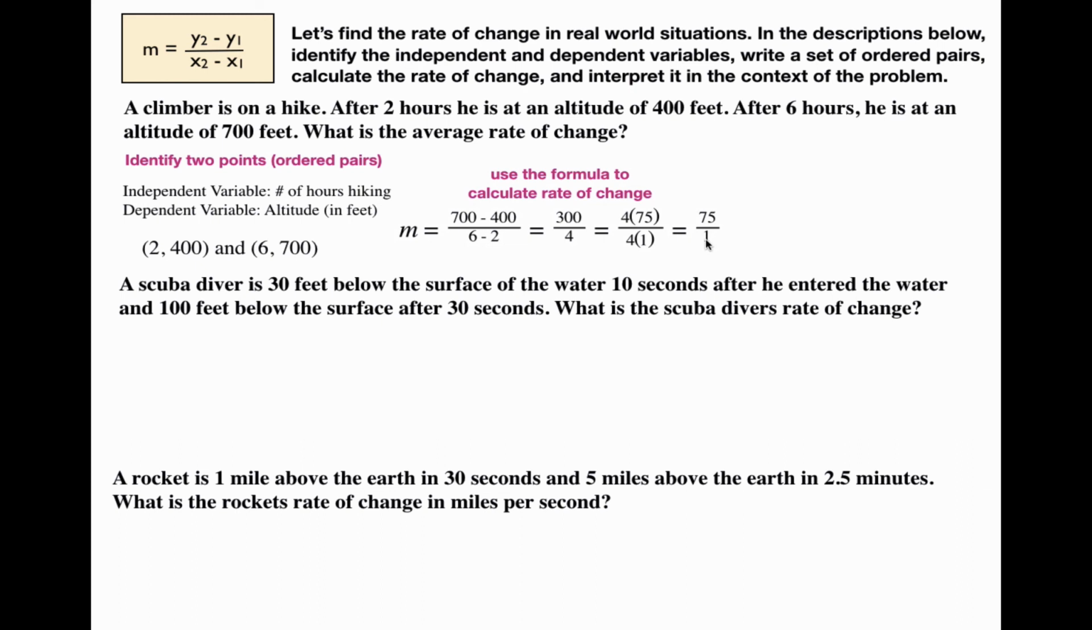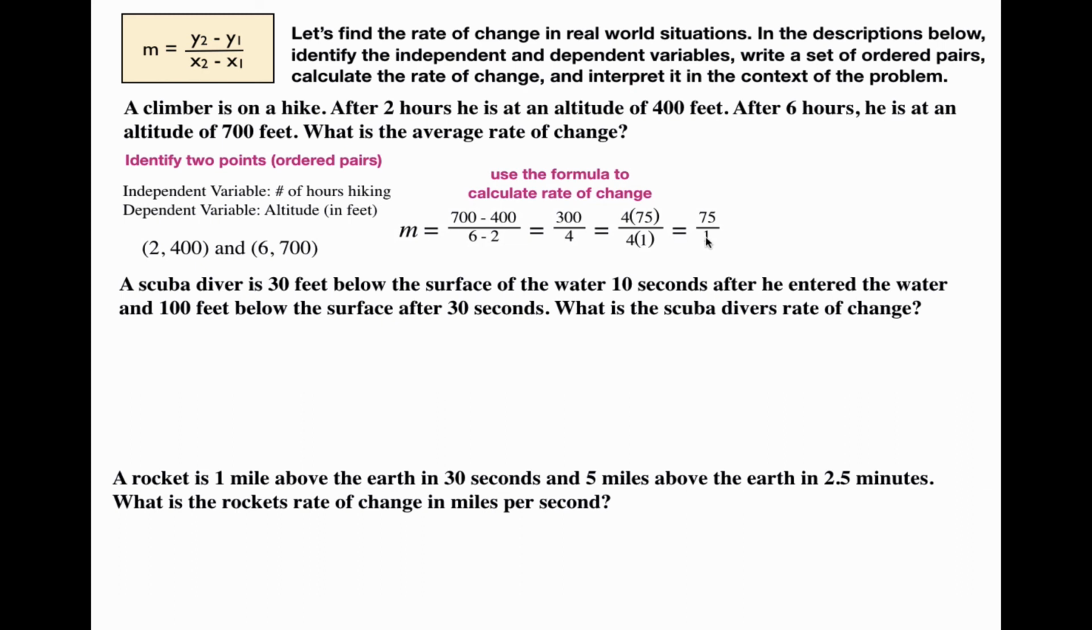75 over 1. But 75 over 1 what? This is why identifying the independent and dependent variables is so important, because it literally tells you what units or what concepts the rate of change is describing. So remember, rate of change is the change in y, or the output, or the dependent variable, in this case altitude in feet, and the